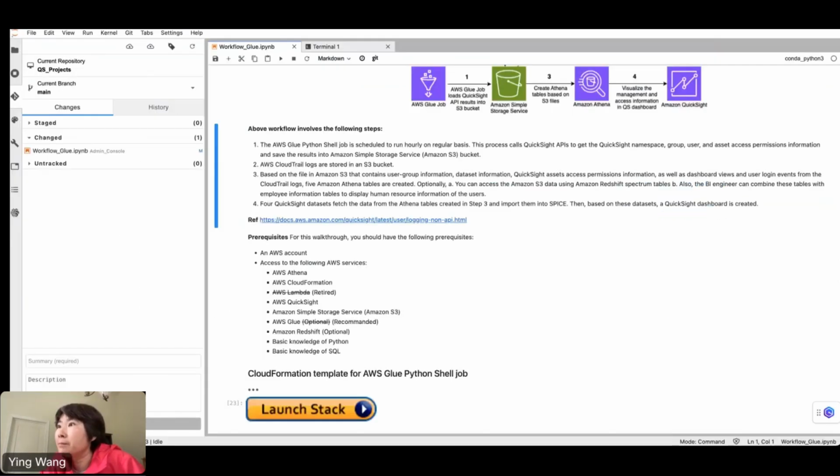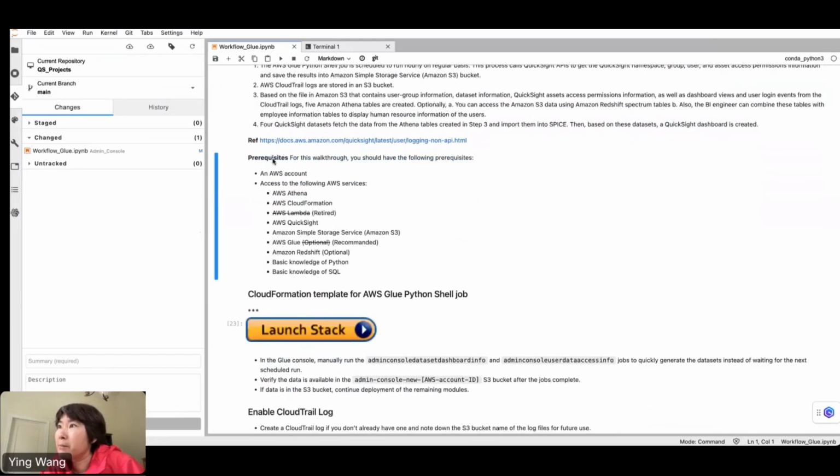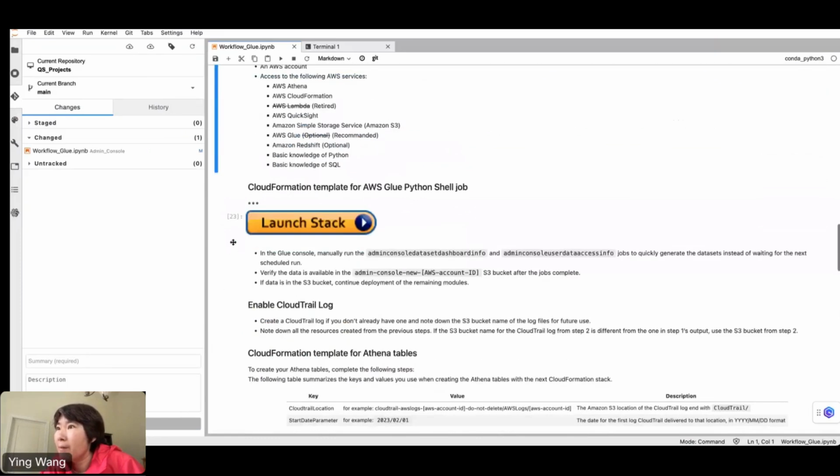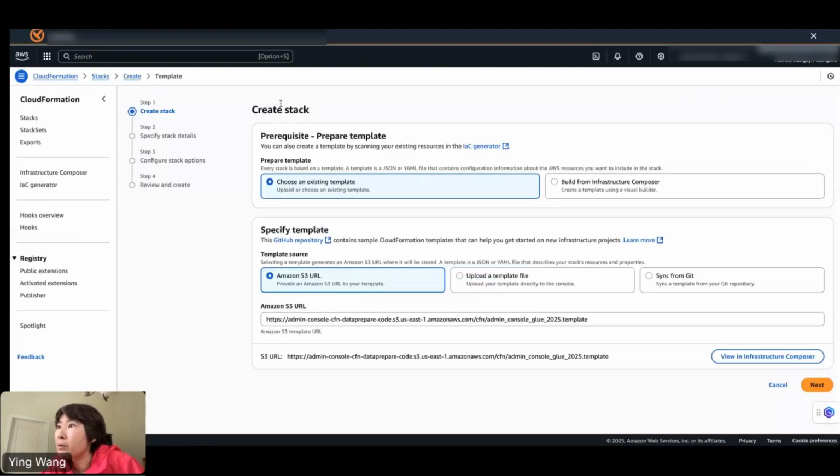Okay, here's the background, and the pull request. Forget about Lambda, retire it. Let's use Glue. And here is the stack. You can click this button. You might not have time to do it now, but if you do have time, you can follow me to run the